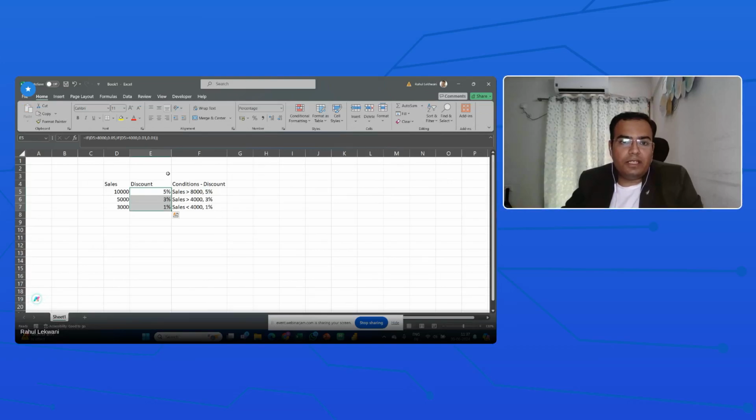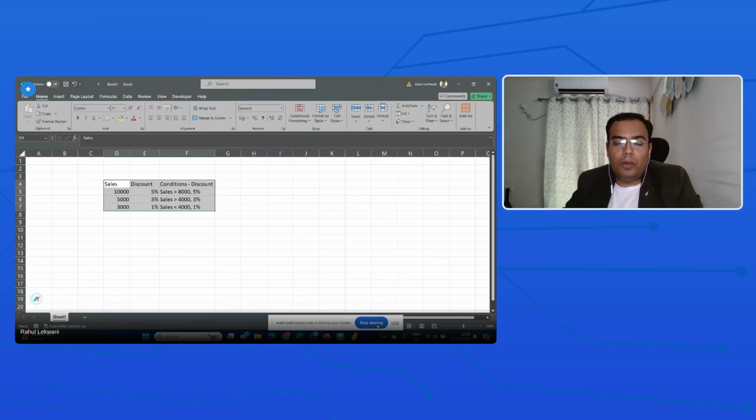Same way if I copy paste it, am I getting the right answer? 5,000 sales, which is more than 4,000, so the discount rate is 3%. Then if it is less than 4,000, the discount rate is 4%. Is that clear? So this is how this formula bot can be used to create